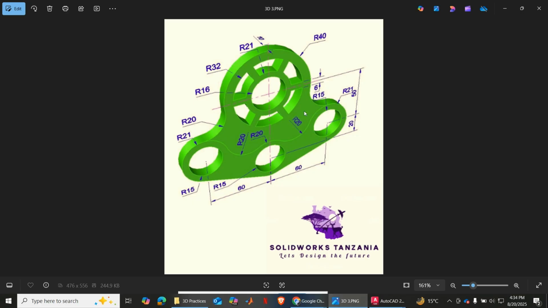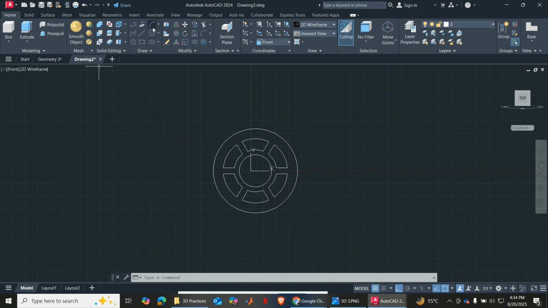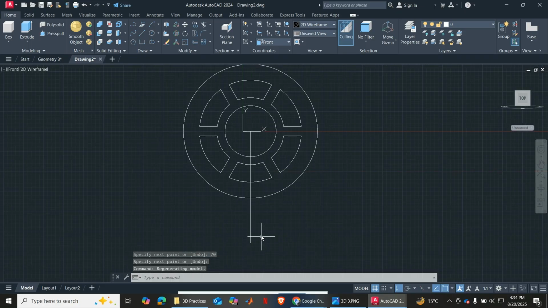So the center of this cycle is at 50 plus 20, 70 from there. 70, we position a circle of 15 radius. So draw a line from this center here, goes down by 70, 70, enter, enter. And then